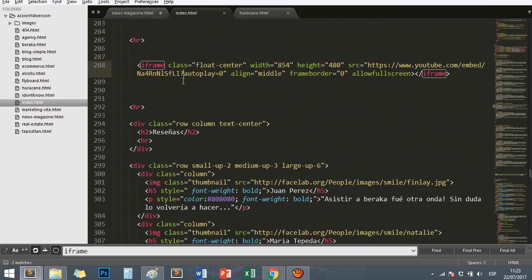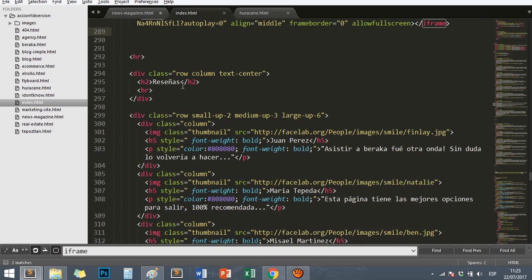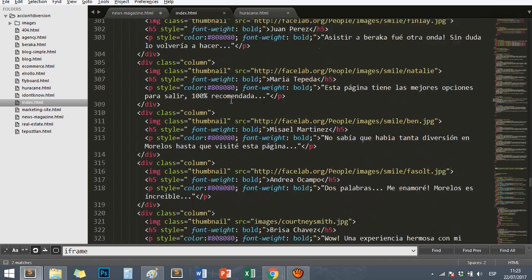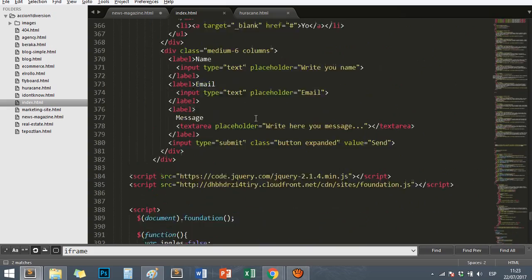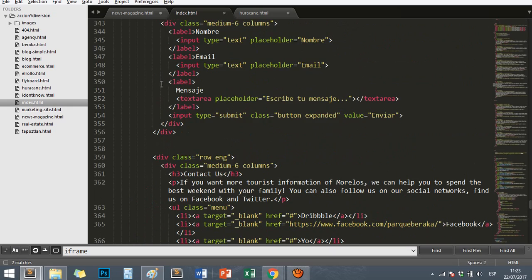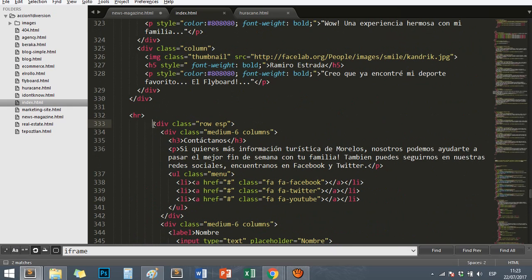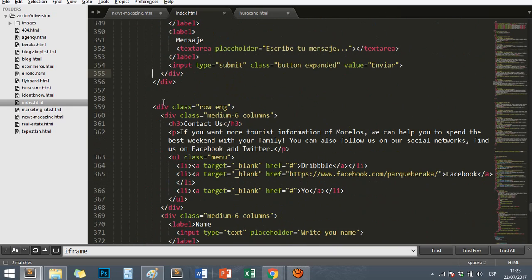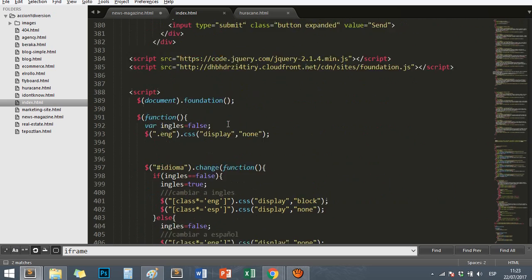If I just have one class, and for example this one also. If I scroll down here in this layer, I have here the class ENG, and then